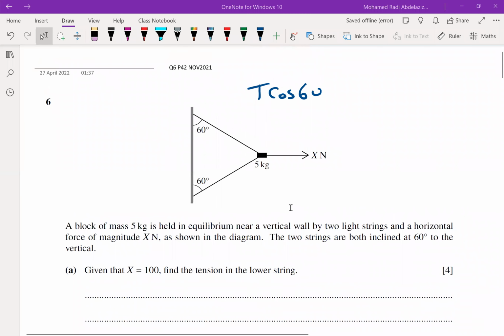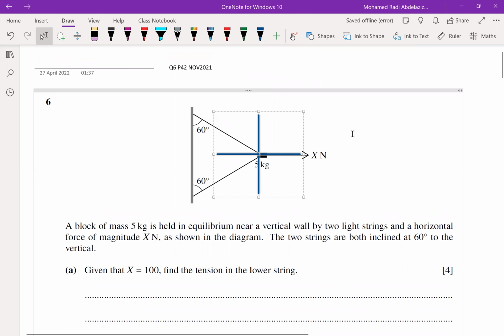Hi guys, in this tutorial I'm going to solve question number 6, paper 42, November 2021. A block of mass 5 kilogram is held in equilibrium. This block will show the horizontal and the vertical, so you can resolve all the forces horizontally and vertically at the block. It's clear that its mass is given, so it's better to show the weight, which is